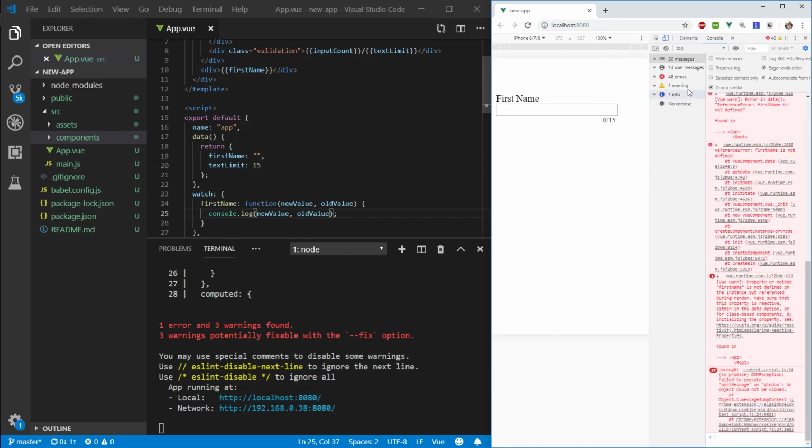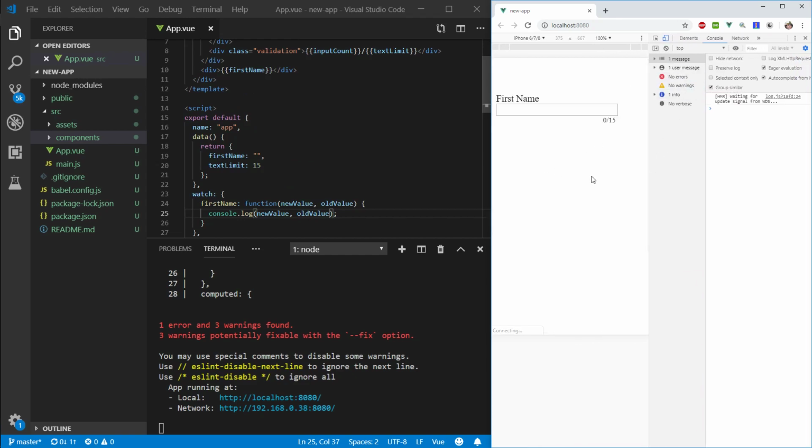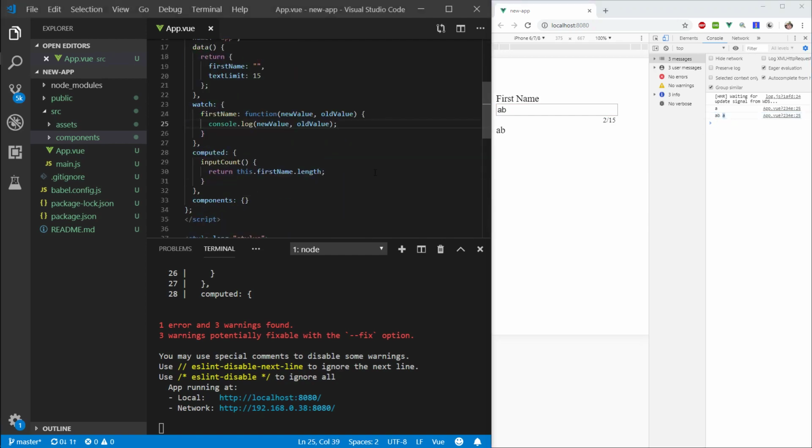Over here, refresh this. Cool. So if I type in A, B, you can see that the new value will be AB and the old one will be A. Okay, so here we want to check